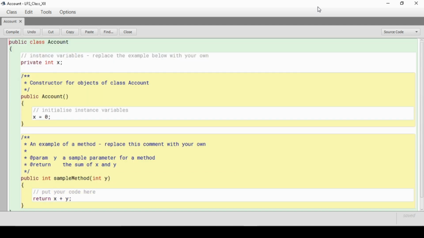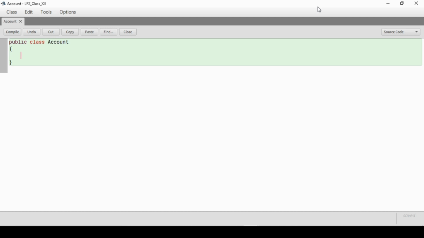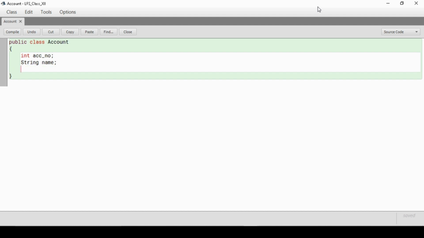I will provide an account number or account ID, whichever you like, and let's treat it as an integer. Then we need a name for the account holder, so I have created a string variable name, and similarly there will be some balance, so let's create a double variable for the balance.